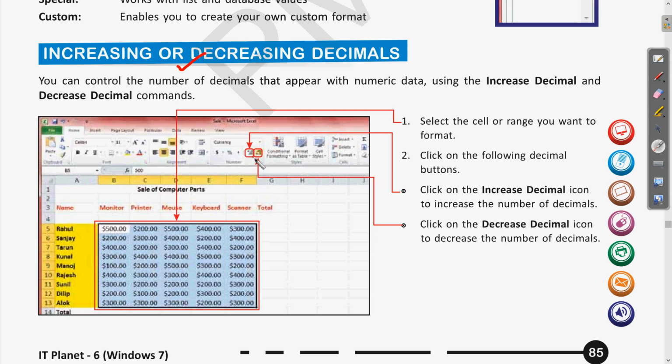Whatever option we want, we can click on increase decimal or decrease decimal. Clear? So this will increase the number of digits after the decimal.